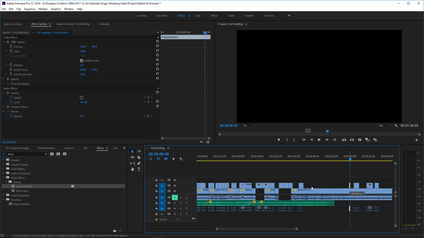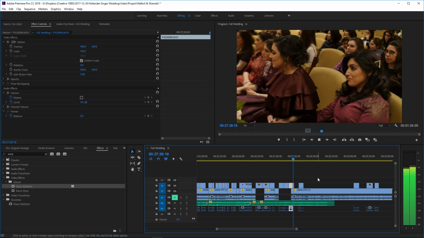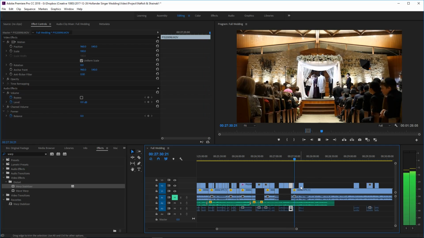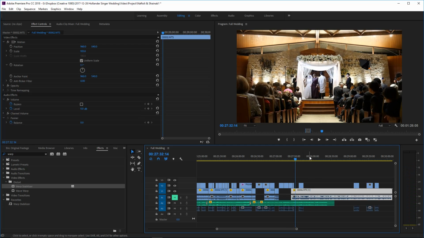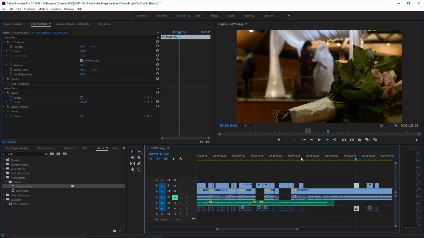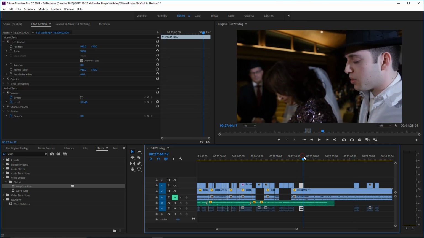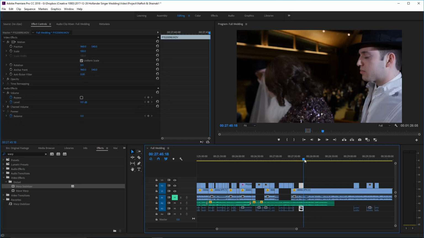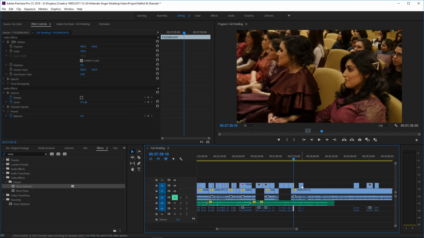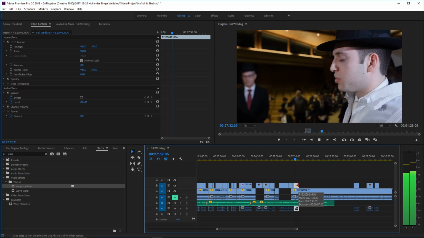But I did kind of find a, and we'll put sister over here. This has to be our last shot, and it starts with them coming around the front of the groom.